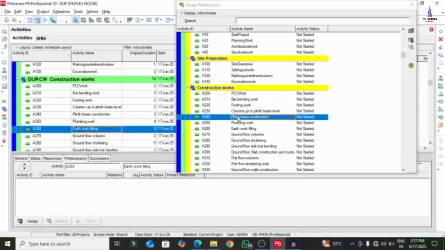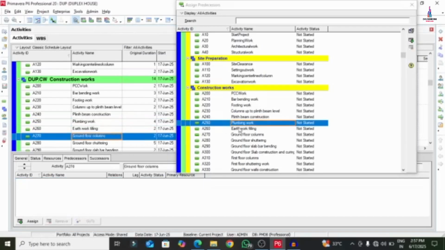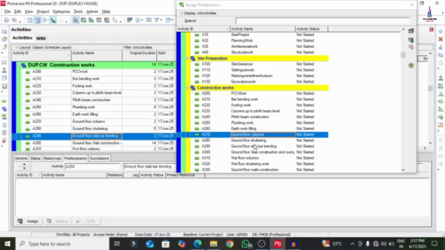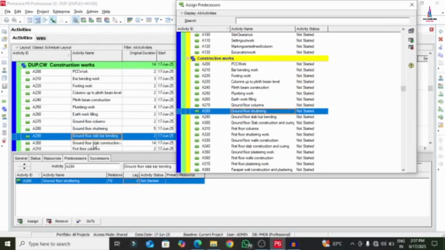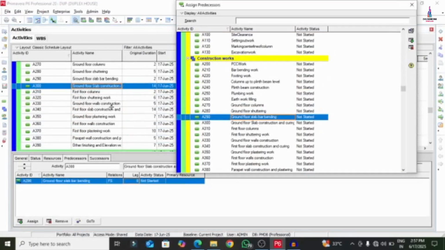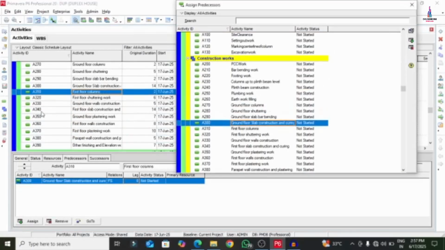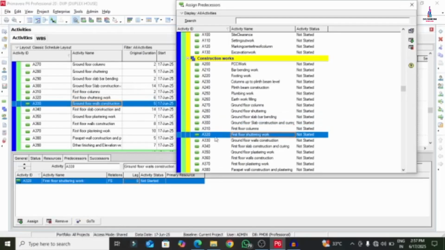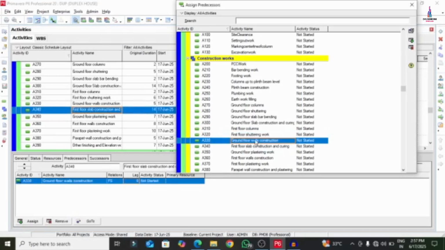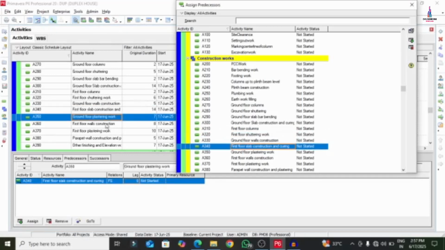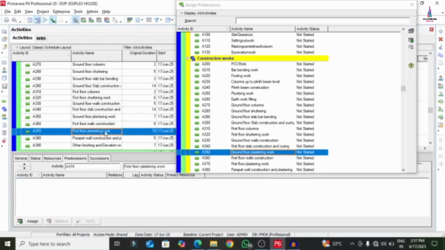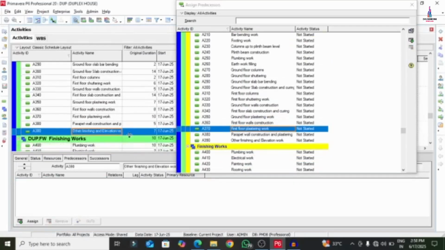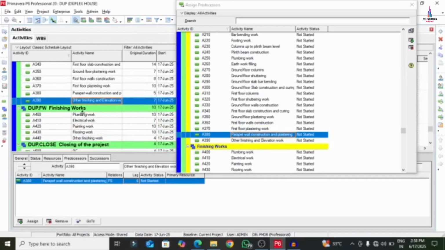I am selecting earthwork filling. For the earthwork filling, plumbing, ground floor columns, earthwork filling, ground floor shuttering, ground floor columns, ground floor slab, shuttering. Next on ground floor slab construction, first floor columns. This one, first floor shuttering work, columns construction, ground floor walls, shuttering. Next on floor construction, walls, ground floor plastering. This one, wall construction, plastering, first floor section, parapet wall load, first floor plastering, other finishing work, parapet wall construction,